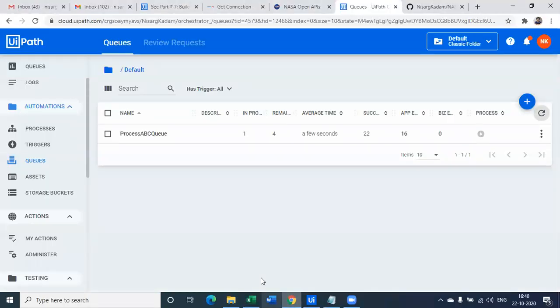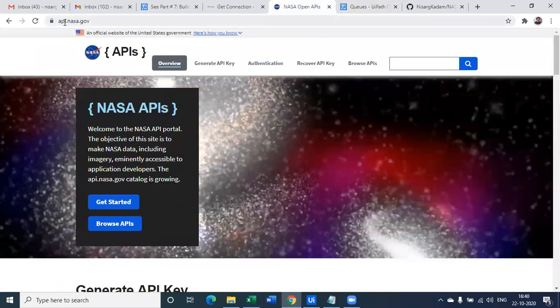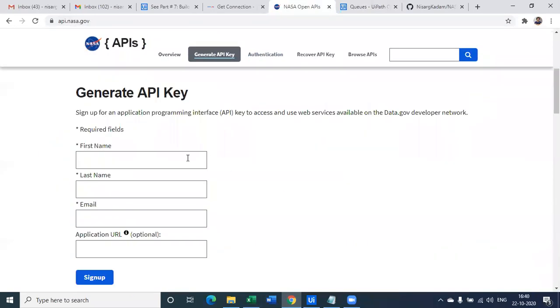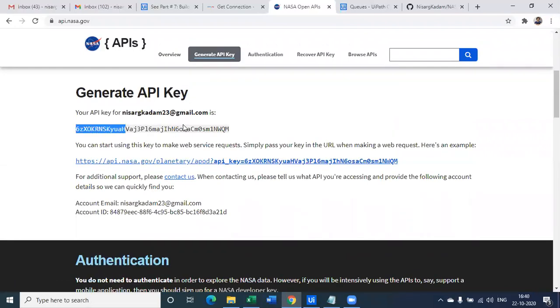So let's go ahead and navigate to NASA's OpenAPI website. Now, as you can see here, NASA's OpenAPI website is api.nasa.gov, where you can simply click on Get Started, enter your name. Let's say I enter my name, Nisarg Kadam, and an email. Let's say I give my email address too. And application URL is not mandatory. And if I say sign up, I can generate my own API key, and I can use it for